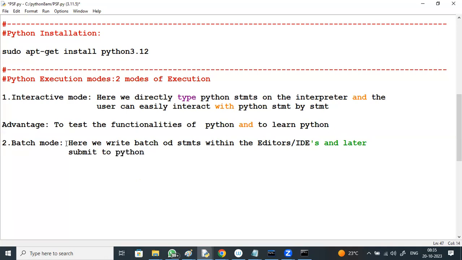So what are the various editors where we can write the Python code and create .py files? Within the Windows environment, we have Notepad and Edit Plus. And for Linux, we have VI and Nano.